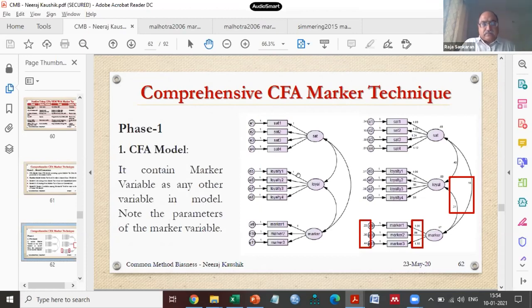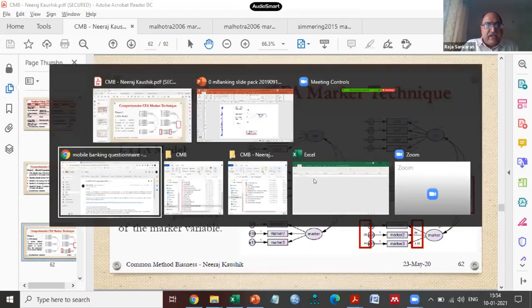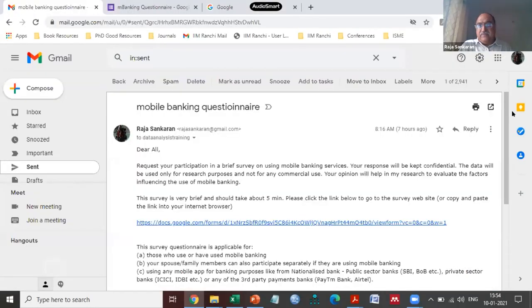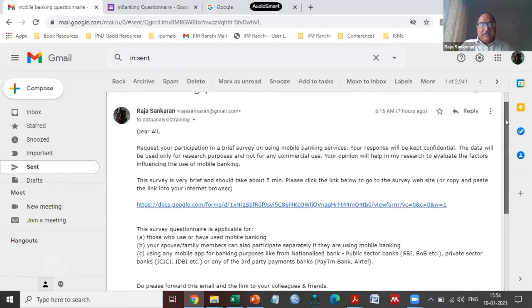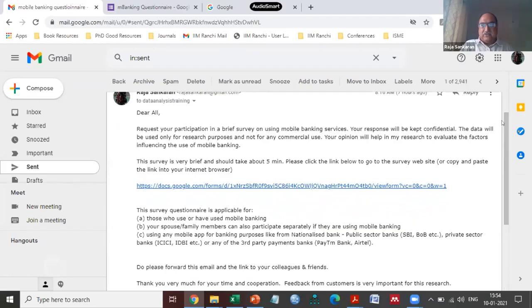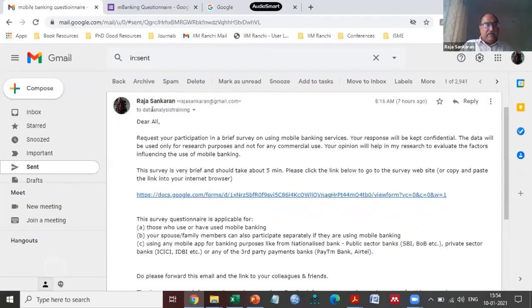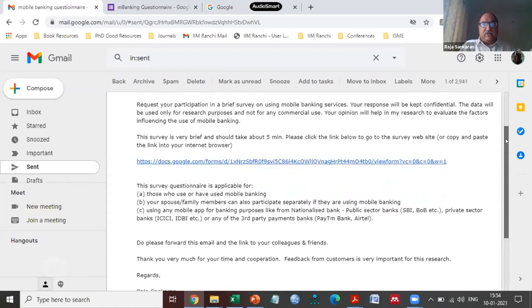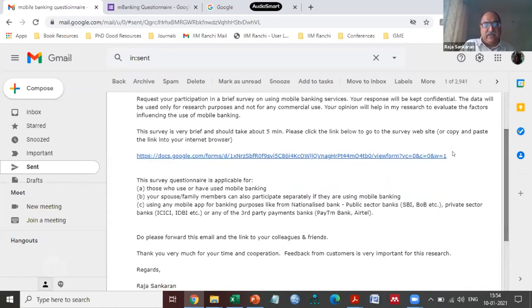Now, having said this, how did I choose a particular marker variable? I did share a questionnaire early in the morning today. I don't know how many of you would have gone through this, though it's a questionnaire and we all have a tendency to either ignore or simply delete the questionnaire. This is a questionnaire which I've sent across to everybody this morning. It should be part of the data analysis group, and I can also share it in the WhatsApp group. This will give you an idea about the questions that I've used as part of the questionnaire, which includes the marker variables. So I'll show you the questionnaire as well.